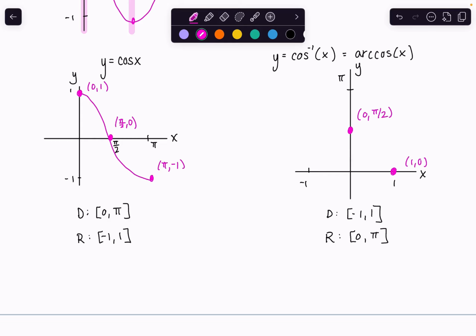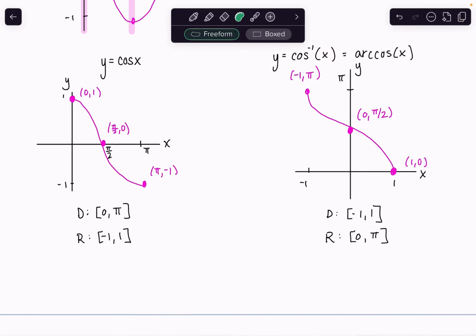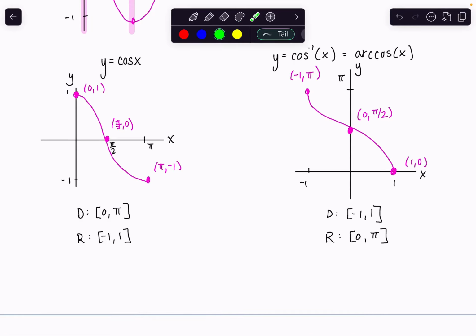And then it goes through negative 1, pi, which is up here. Okay. And then that graph still has that same fluid shape. But again, these two are reflections about the line y equals x. Kind of hard to draw because I didn't draw these to scale. But you could see they're going to flip over this axis. Okay. So let's try getting some practice just evaluating this inverse trig function,